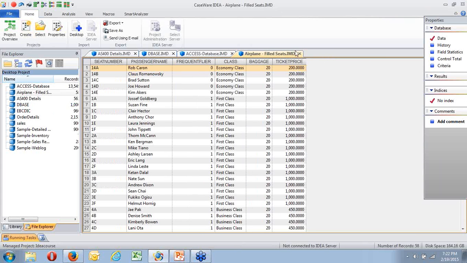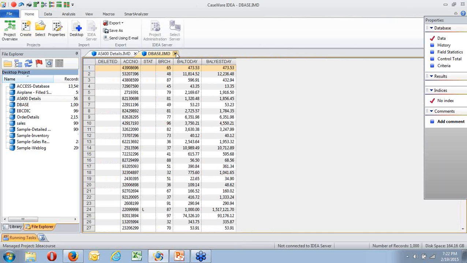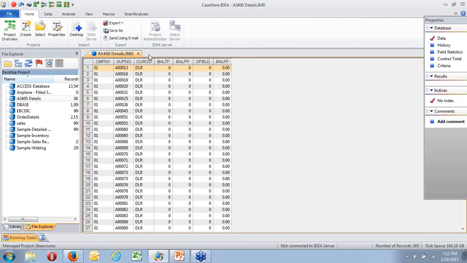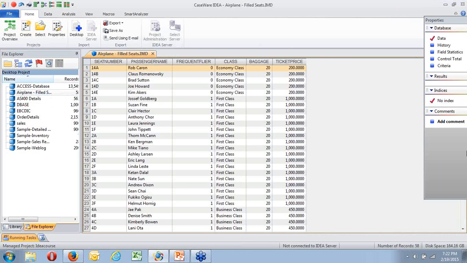But it's not particularly elegant. It might do for your working papers, but to shove something like those airplane seats as it is into a report would be unacceptable. So we need to get something that's better than that. And we'll look at that later on.